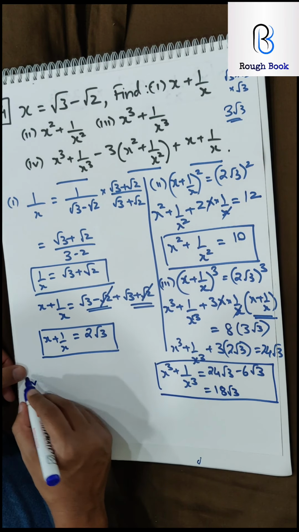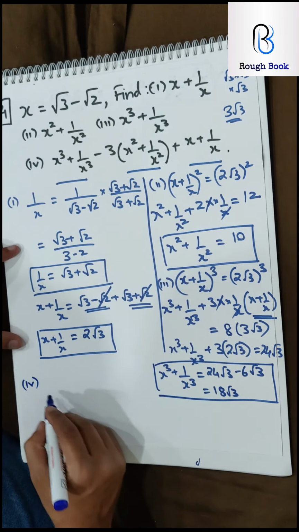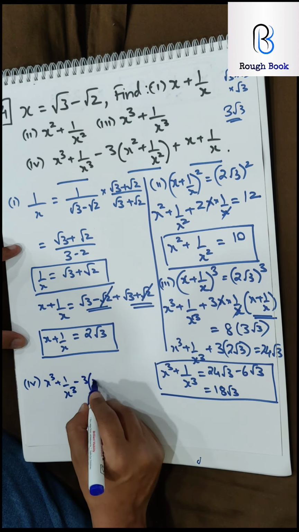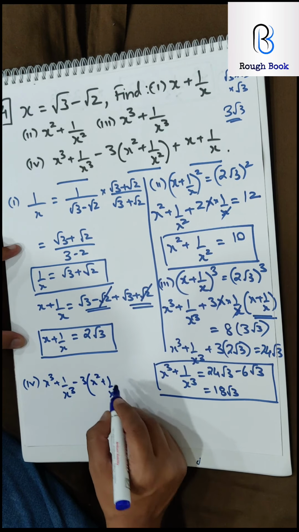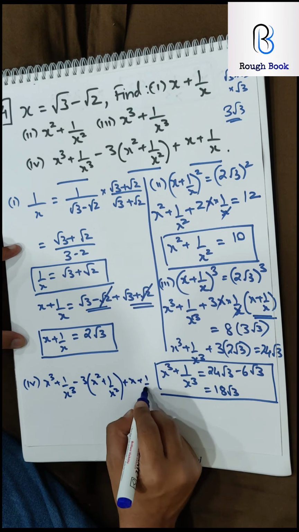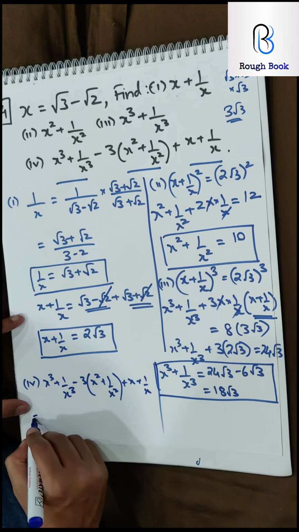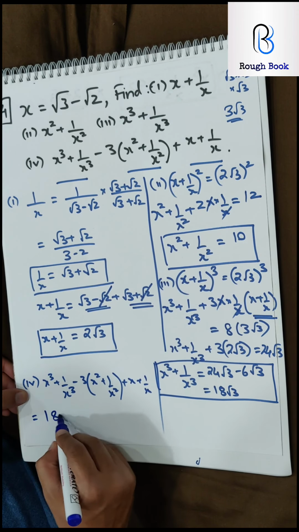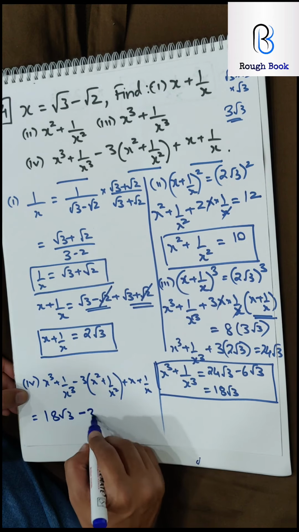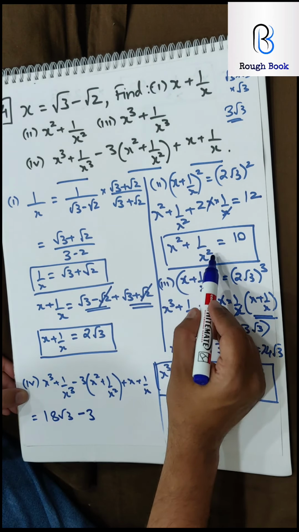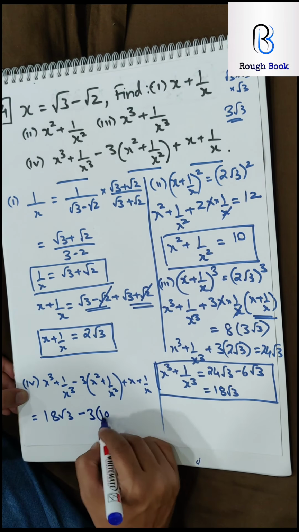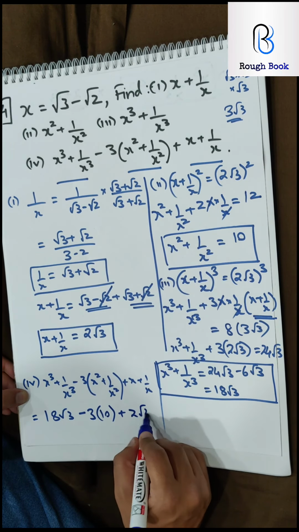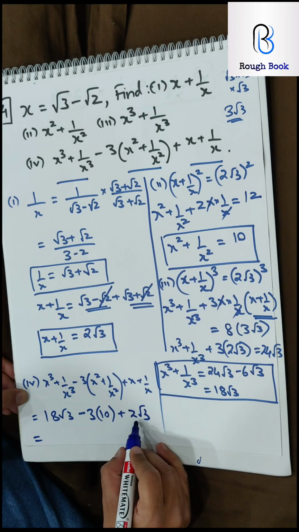And now for the last part, I'll have to pick up the entire thing, that is x cube plus 1 by x cube minus 3 times x square plus 1 by x square times x plus 1 by x. So let's see how I will manage substituting. x cube plus 1 by x cube is 18 root 3, very well known to us, minus 3 times x square plus 1 by x square, we just got it as 10, and x plus 1 upon x is 2 root 3. So I shall take 18 plus 2 as 20